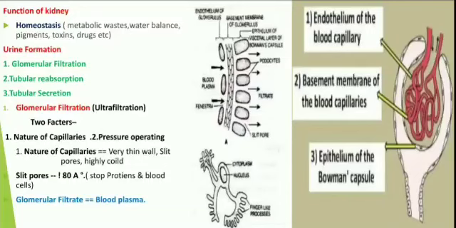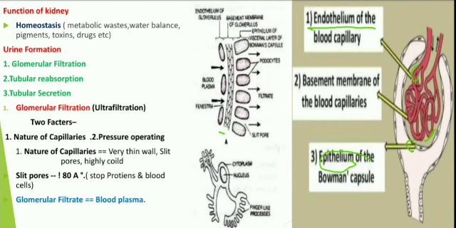We can go through the different layers of the Malpighian body. First of all, take a glomerulus, which has blood vessels, and these blood vessels are made up of endothelial cells. Next is the Bowman capsule, which is made up of epithelial cells. In between the epithelial cells and endothelial cells, there is a space present,